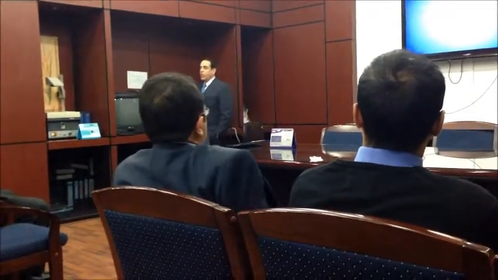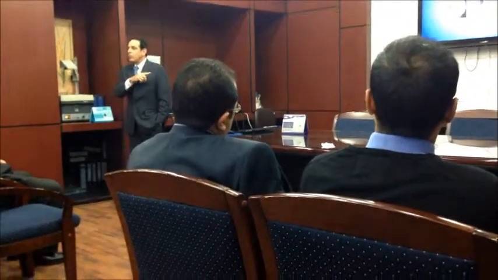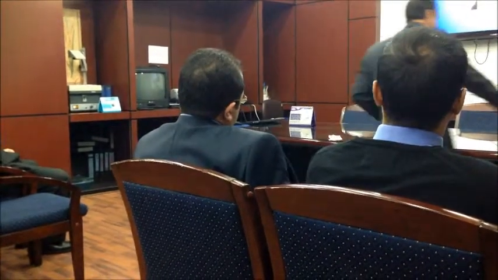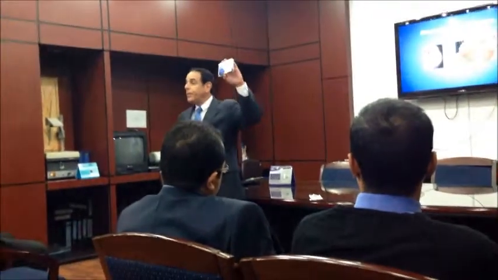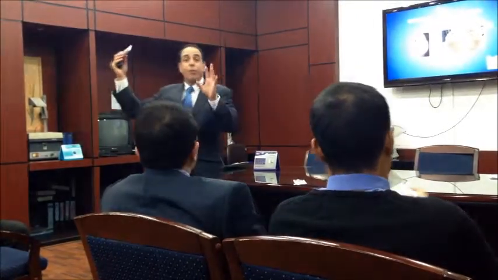So I'm just going to close with this. We see diabetic wounds very well healed, not only with the gold dust, but once you prepare the wound with the gold dust, you put in the collagen. We have a powder form of collagen, which is excellent for exudative wounds, and we have the gel form that's perfect for wounds that are on the dry side.